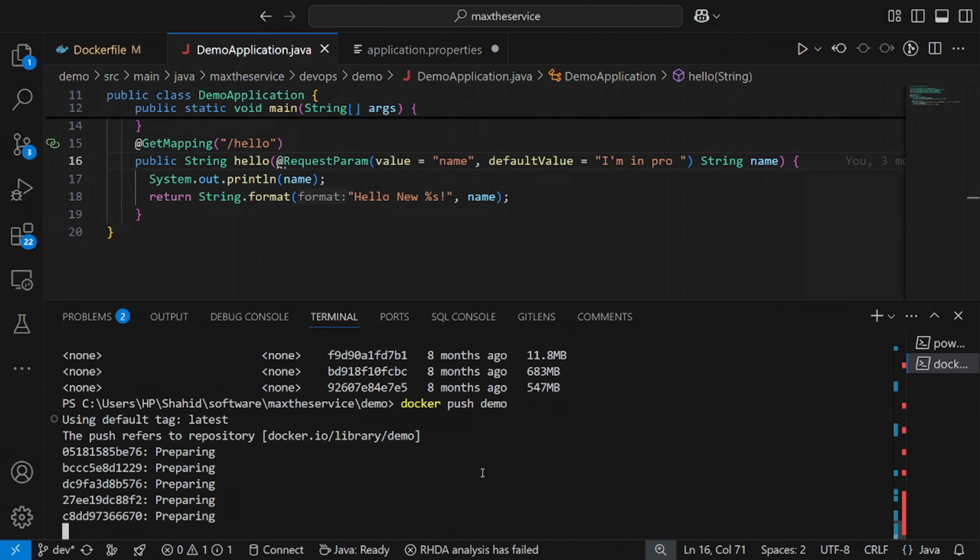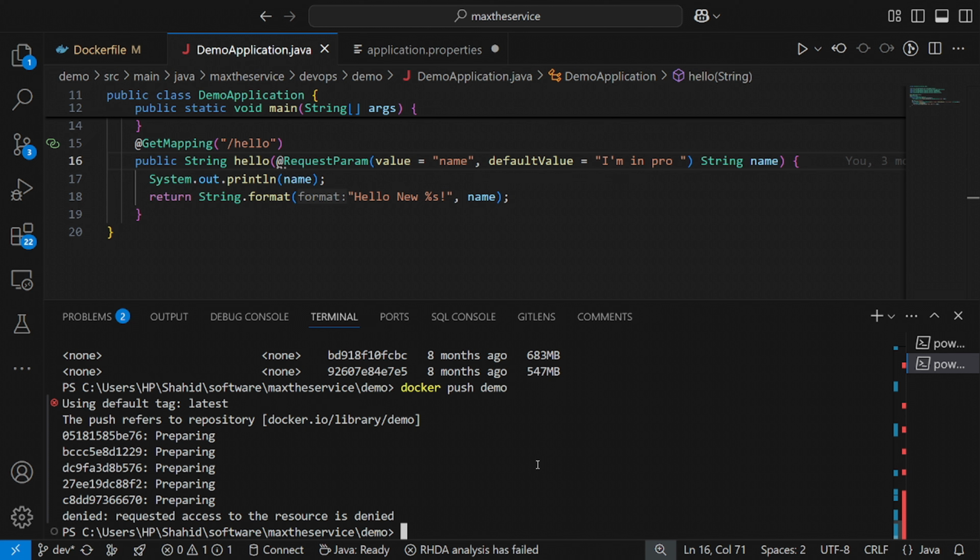It will never push your image to Docker Hub, because there is a specific way. Before pushing your image you have to tag your image, and for that, simply do docker tag. You need to tag your current image, which is demo:latest, and you have to provide